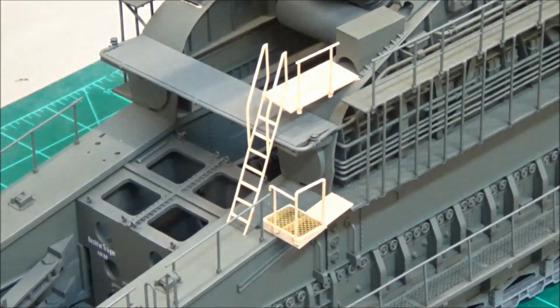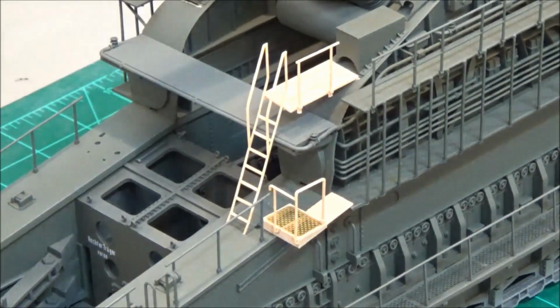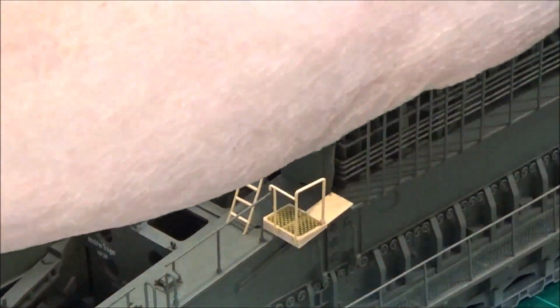And I'll show you some problems. We'll talk about this later. Once I get them on there, I'll show you what I've been studying the model and looking at it, and I found a few things I thought, ooh, that doesn't look safe. But yeah, I got to get those parts all done. They're all put together. Let me reach over here and get one of these ladders